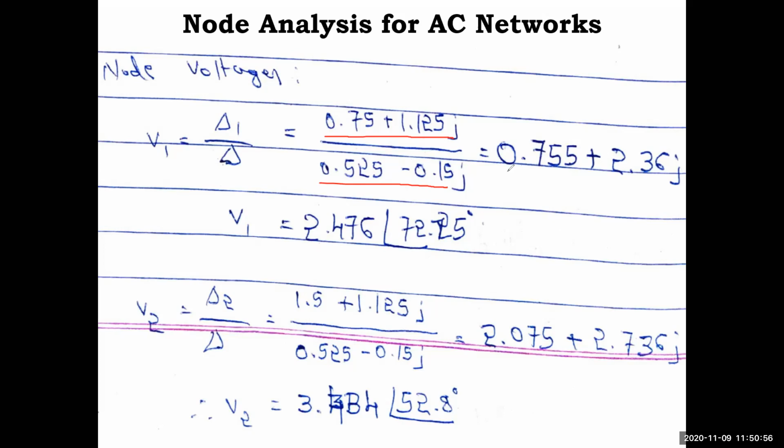So you'll get 0.755. You can do it manually also, but it is a complex process: you have to take the complex conjugate of the denominator, multiply it with numerator and denominator, then simplify and write the ratio. That is lengthy, so instead the calculator is allowed for this. So you do this, and you will get this answer. Now this is the final answer for v1, right?